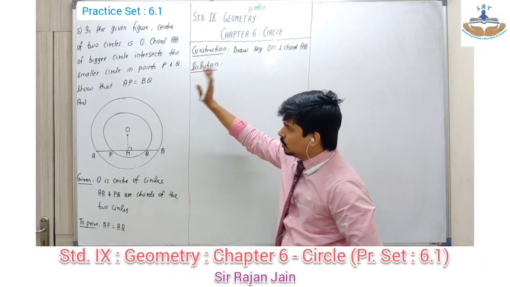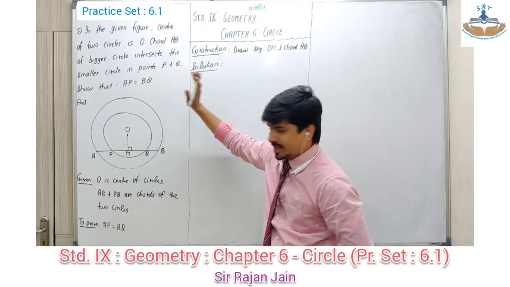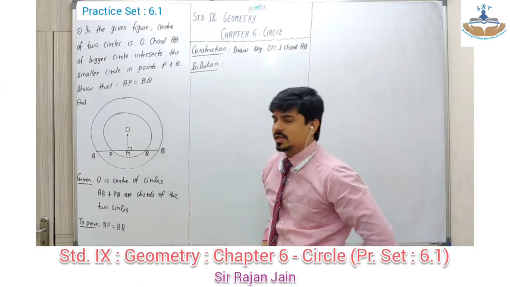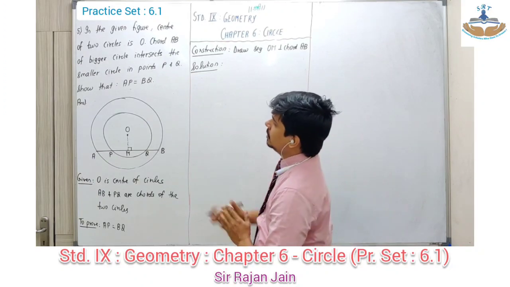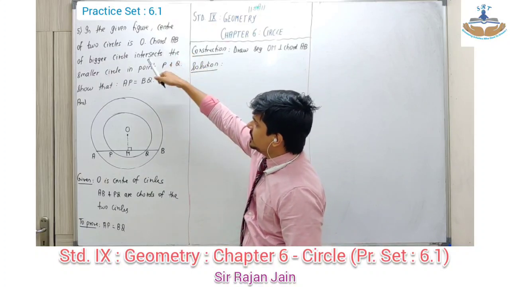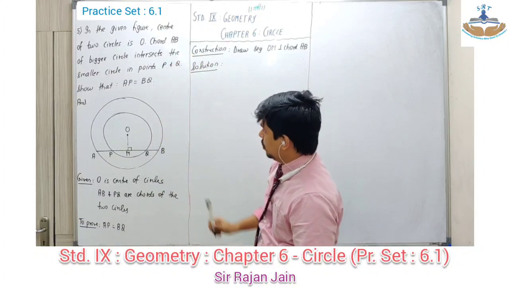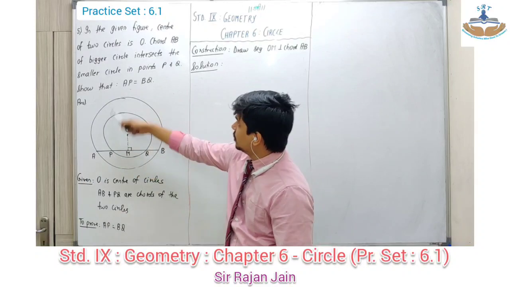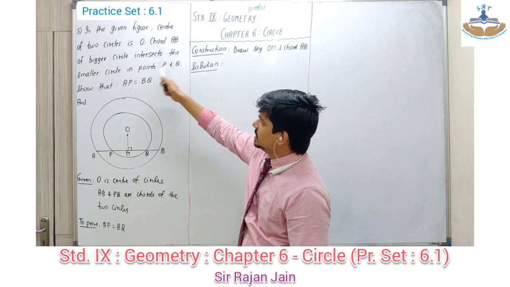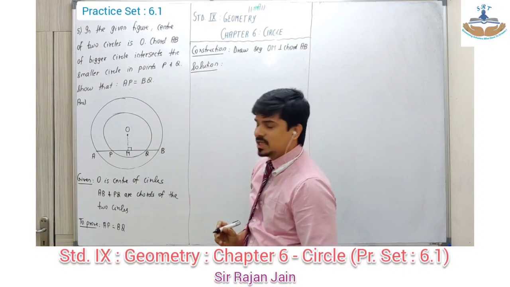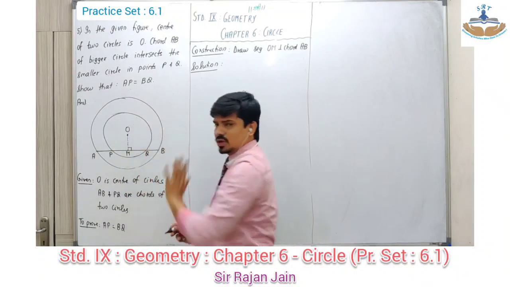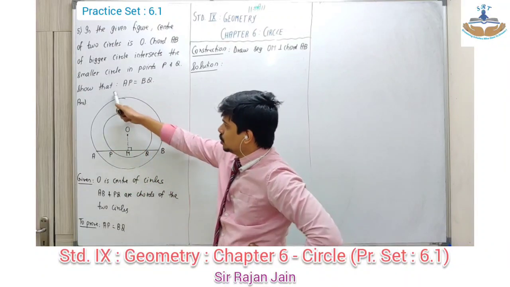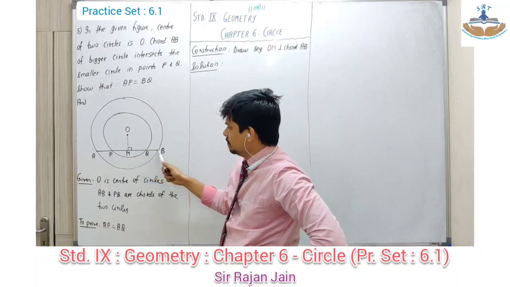Okay students, in your notebook please mark this question important. In your notes I mean to say, it is an important question from examination point of view. Look here, in the given figure, center of two circles is point O, meaning O is the common center for the two circles. Chord AB of bigger circle intersects the smaller circle in P and Q. Basically, this PQ and AB act as chords for the two circles respectively. Show that AP equals BQ.